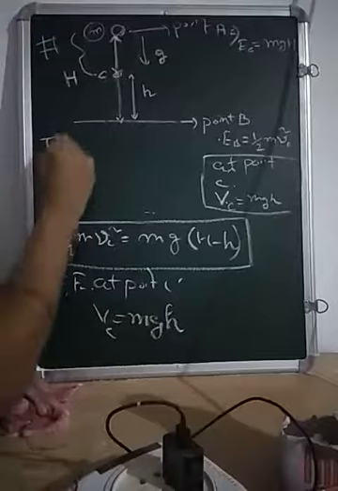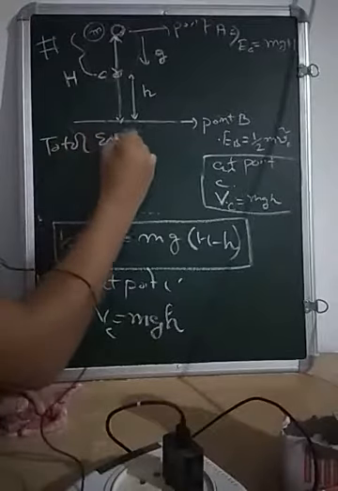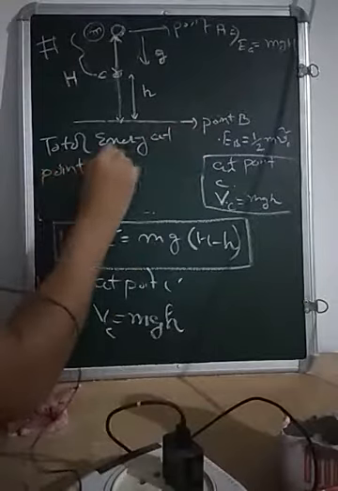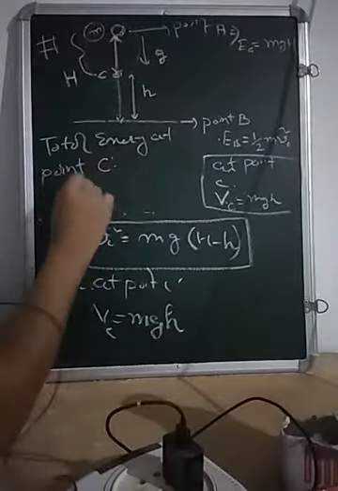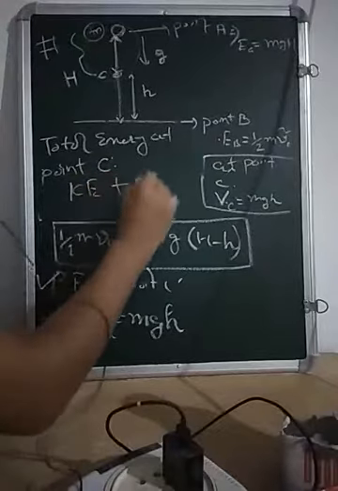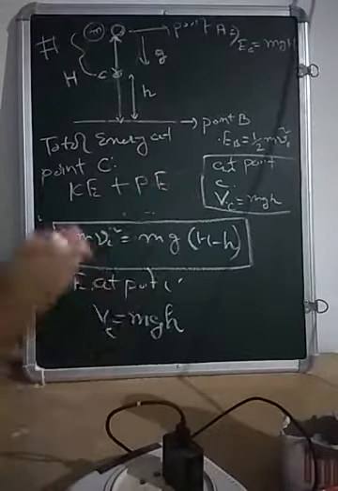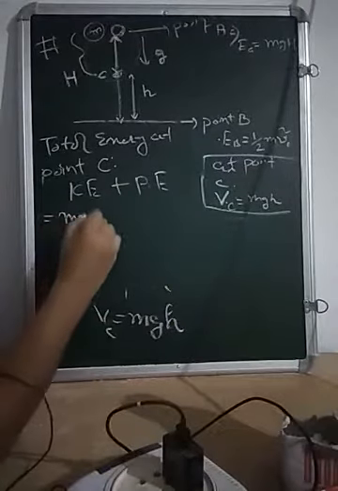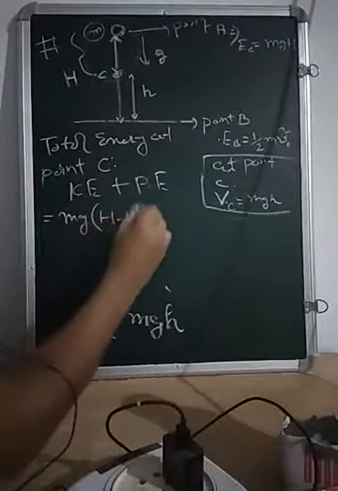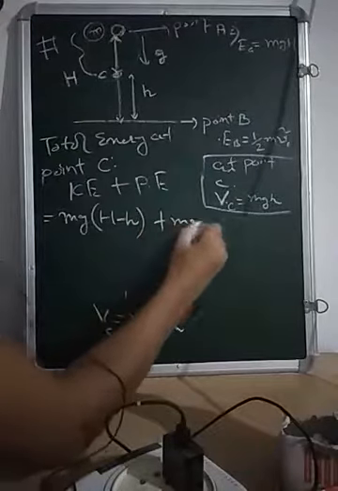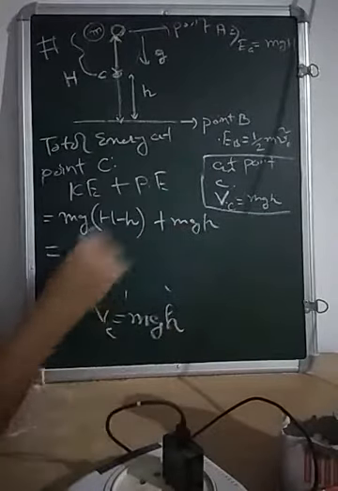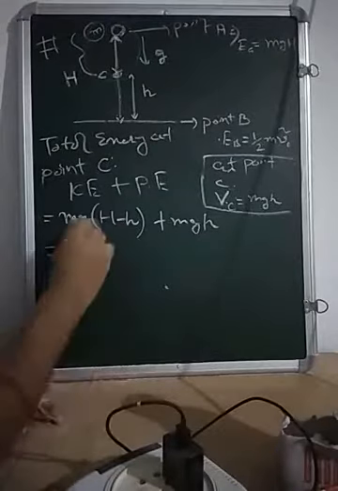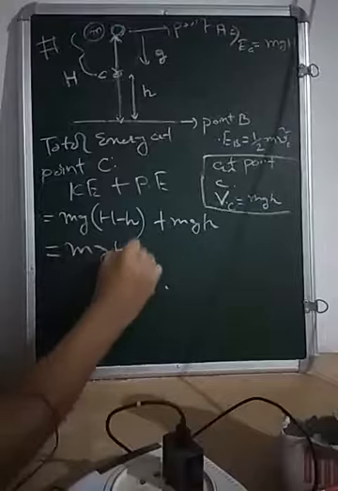Total energy at point C, so what will it be? Kinetic energy plus potential energy at point C. So it will be mg(H minus h) plus mgh. And from here, if we solve this, what do we get? This term gets cancelled, mgH. So see,